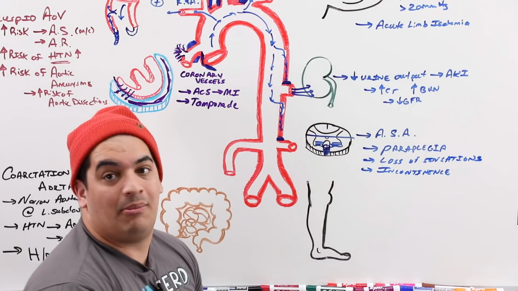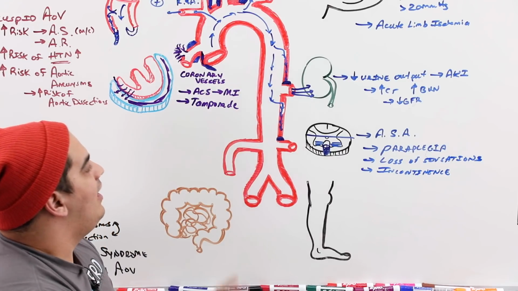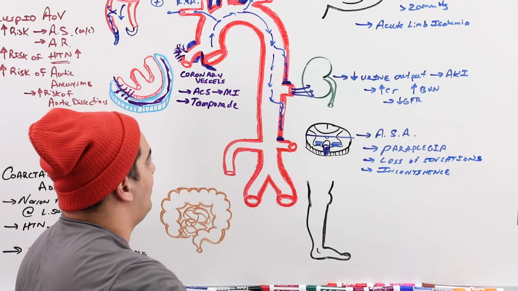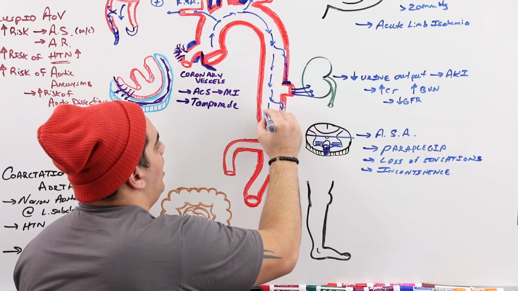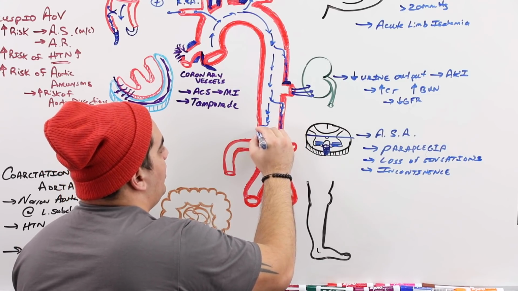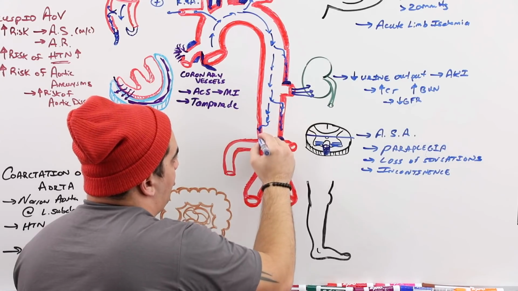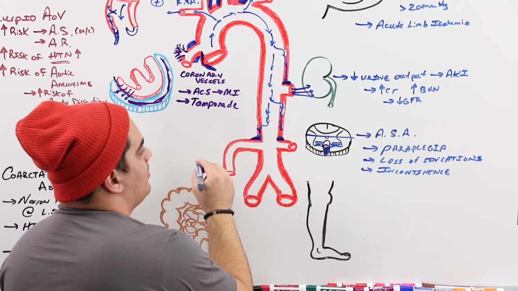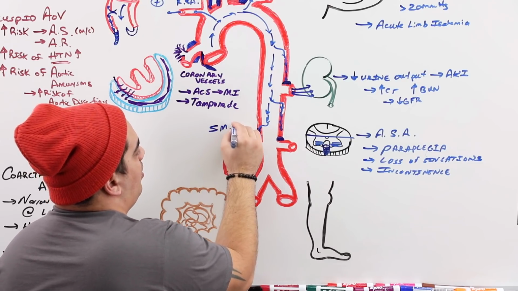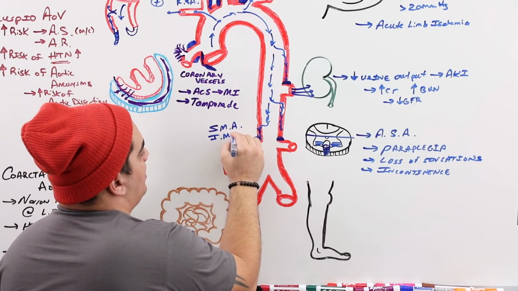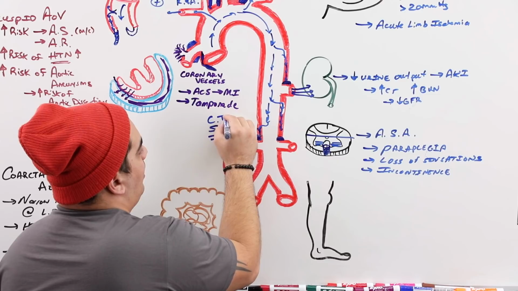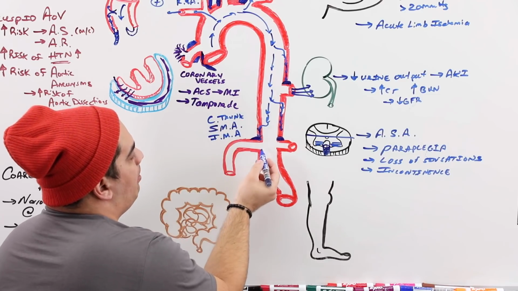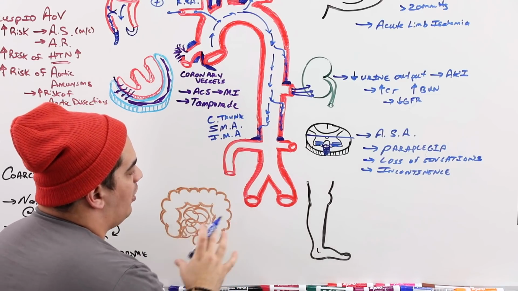So these are things to think about as well. Okay, let's say that we keep going. We actually continue to have blood flow moving down, dissecting through here, this intimal flap continues to propagate, and then causes a dynamic obstruction of one of the vessels. Maybe it's the superior mesenteric artery. Maybe it's the inferior mesenteric artery. Maybe it's the celiac trunk, something of that nature, but it's occluding blood flow that's going to parts of your